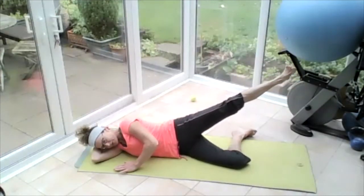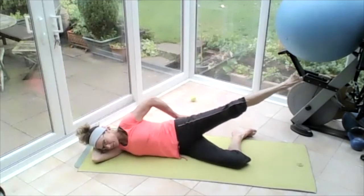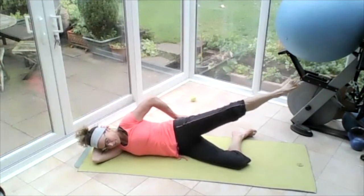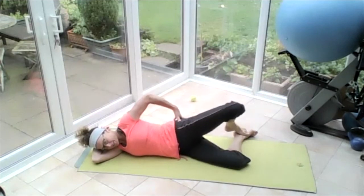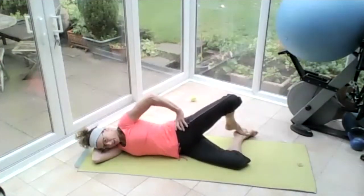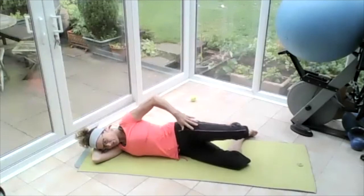Lift that back. You'll feel the inner thigh. 6, 5. But clench the bum. 4, 3, 2, 1. Bend that knee. Bring the top knee down and up for 6, 5, 4, 3, 2,